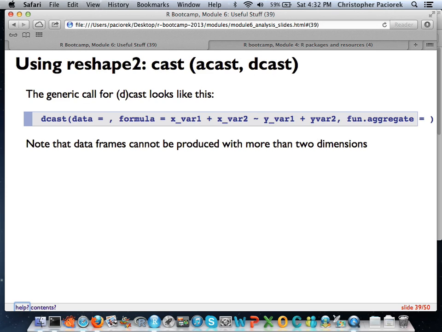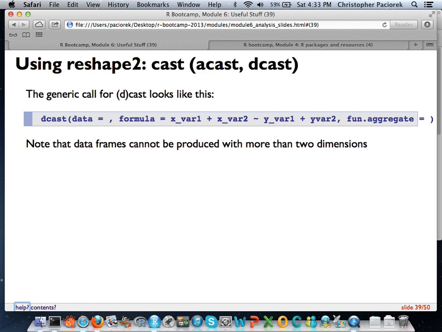Now, there's this other argument that you have to specify here, which is the aggregate function. So you can imagine if you've got a data set that for each individual row, in theory, has a lot of different identifiers, and you wanted to cast a data set that only cast a certain subset of that total number of identifiers.